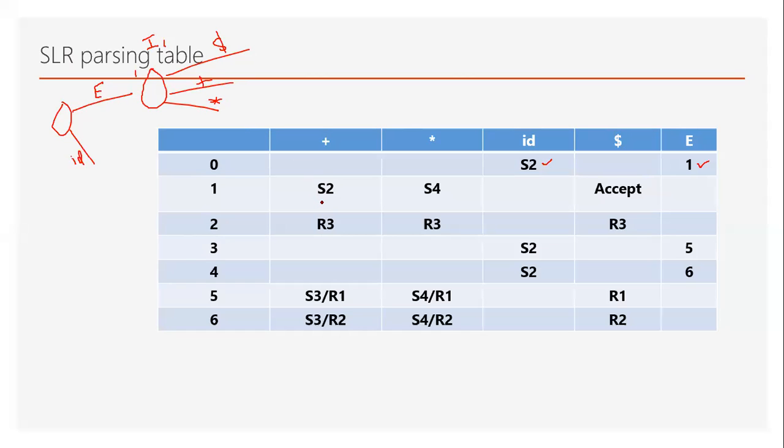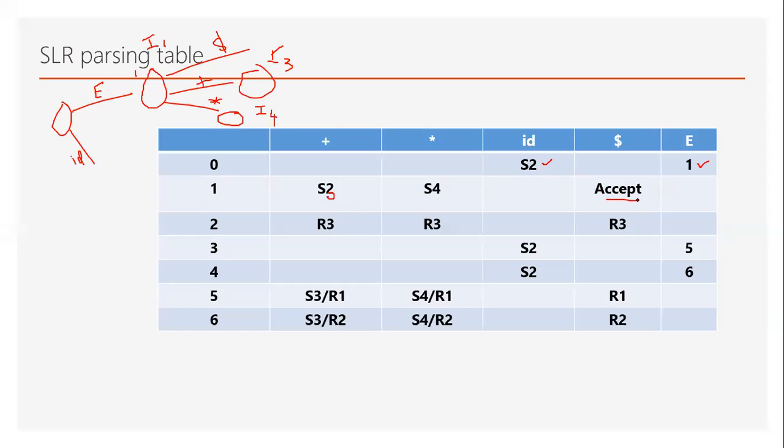Okay, on a particular state, it will move on S. Is it S2? I think it is S3. Okay, sorry, it is S3 state. It is S3, and on star it will move to S4 state, because if you remember, it is I1, I2, I3 state, okay, it is I4 state. So it is S3 state. It is S4 state. And on dollar, it will make accept state.